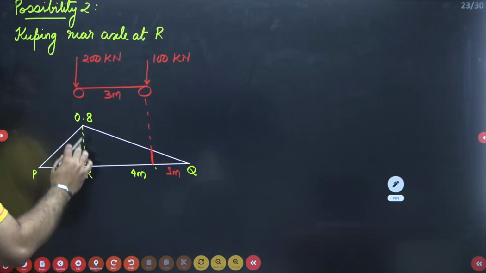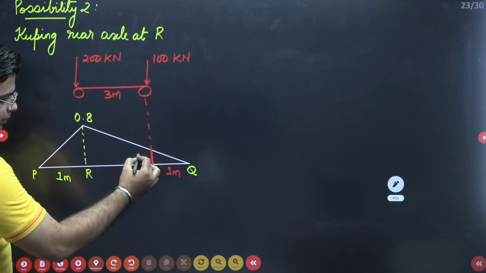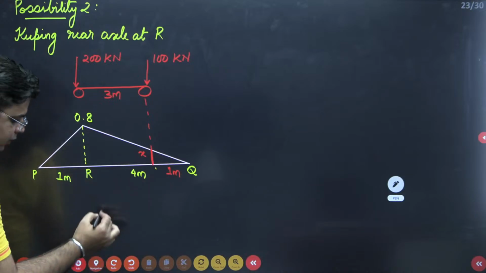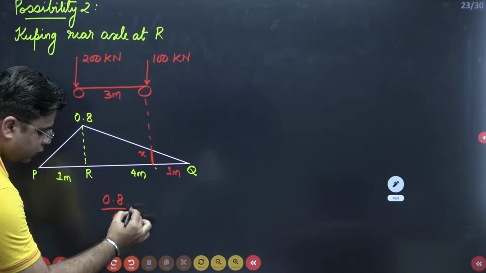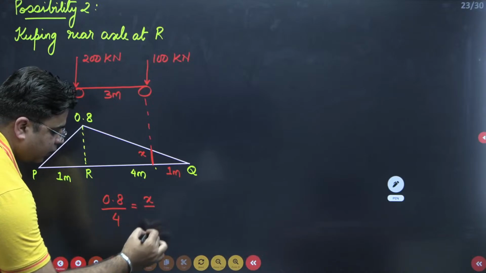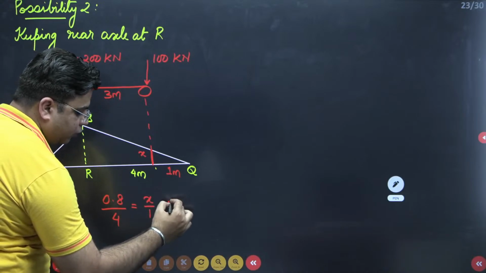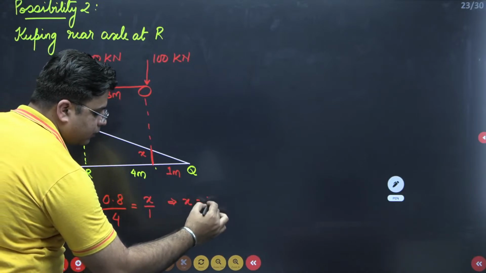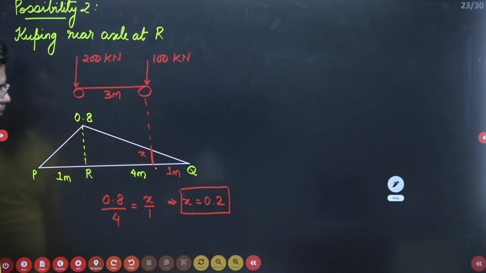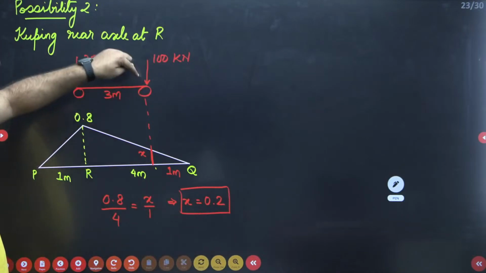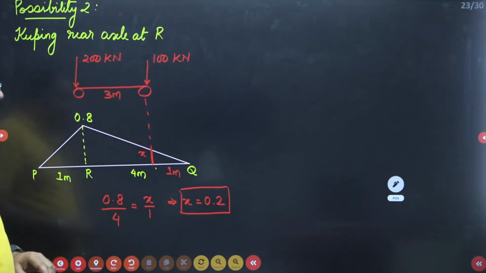So 0.8 by 4 should be equal to x by 1. So from here the value of x comes out to be 0.2. So this is your ordinate below the front axle load in the ILD for bending moment at